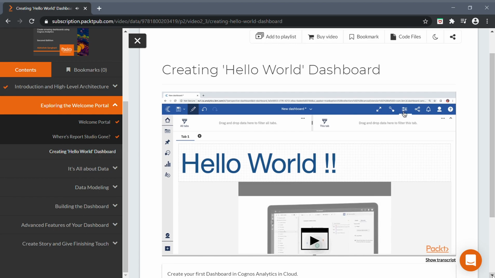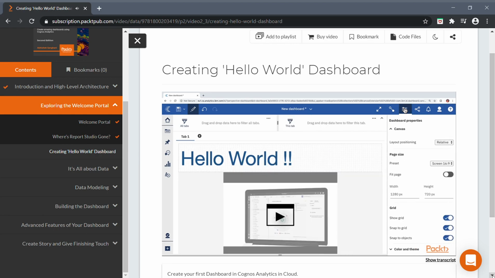The next thing I would like you to do is click on this properties icon from the top right. This opens the dashboard properties panel. Here, notice that layout positioning is set to relative. This property makes our dashboard grow or shrink automatically relative to the screen size. That means you can access this dashboard on bigger monitors, small laptop screens, iPads, and even on iPhone. And the whole layout will fit into one screen by resizing all the contents. If you would like a different behavior, you can change it to absolute, in which case the widgets will not shrink on the smaller devices, and instead scroll bars will appear, so you can scroll from left to right or top to bottom. We are going to keep this as relative, and now we go further down in the properties